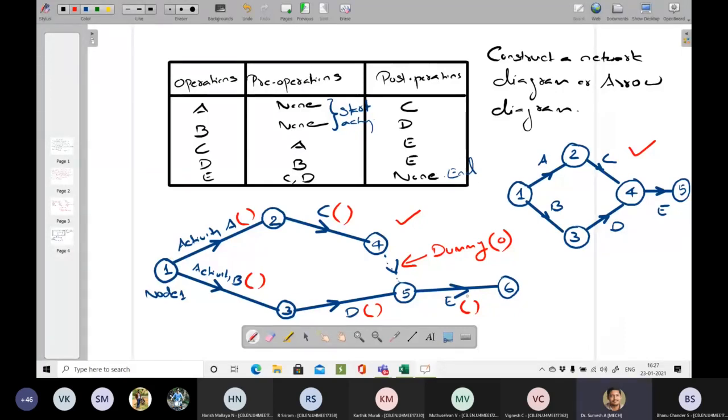Once the network diagram is constructed, it may be cost, distance or time, anything you can plot there and get the solutions.